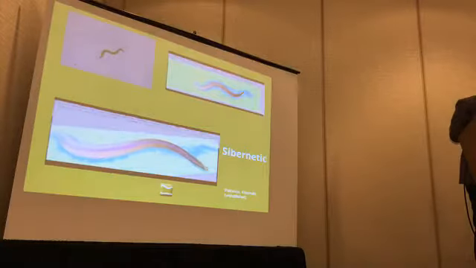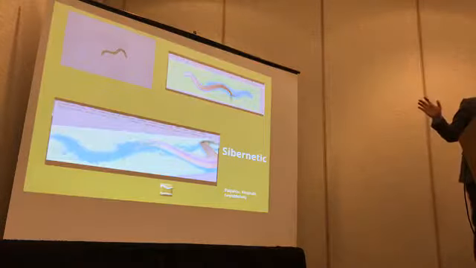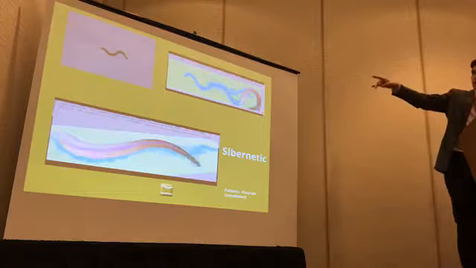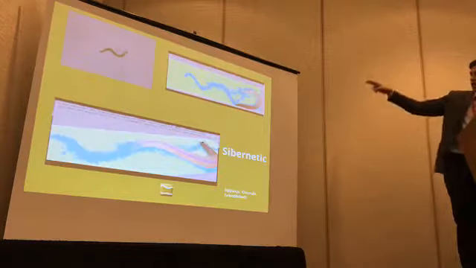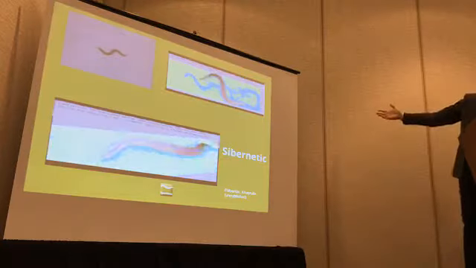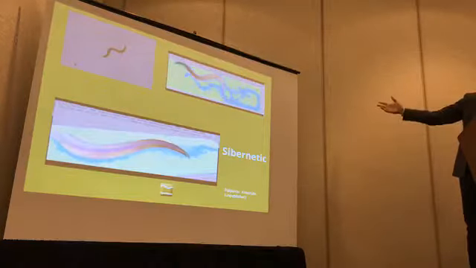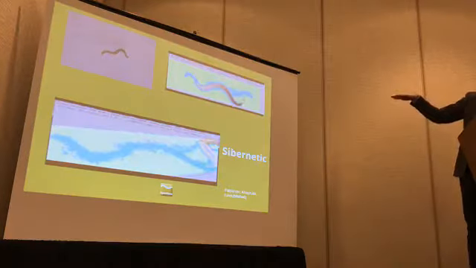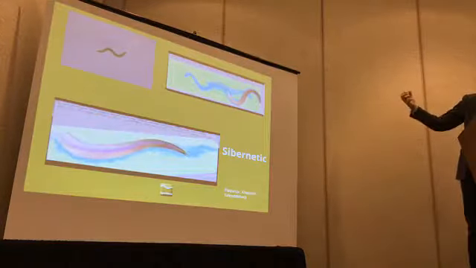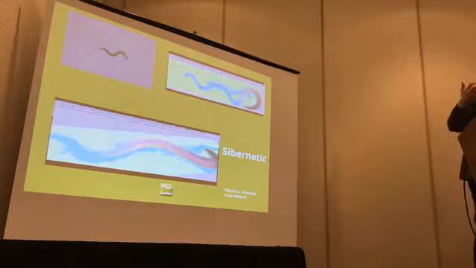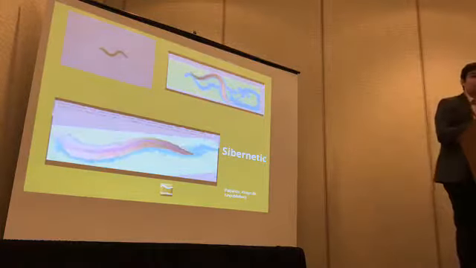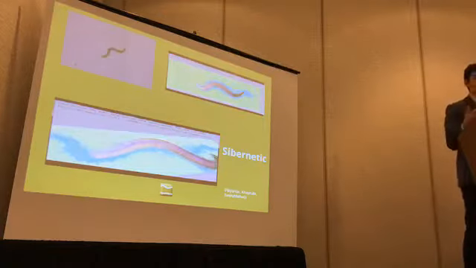Because I don't have a lot of time, I'm just going to jump to showing you some of the cool pictures. On the left-hand side is the behavior of a real worm being tracked, and these two are generated images of what Cybernetic looks like when it's running. In this case, the worm is crawling on a lawn of essentially an agar gel, and what's making it move is the contraction of the simulated muscles inside its body. And of course, what makes those muscles contract is the dynamics of a complex network.